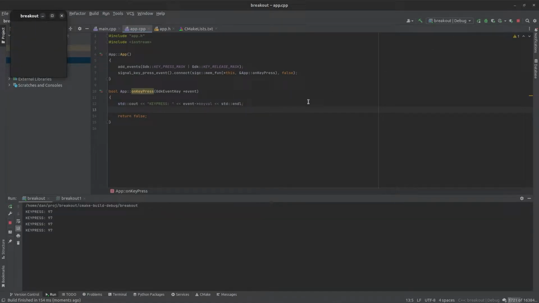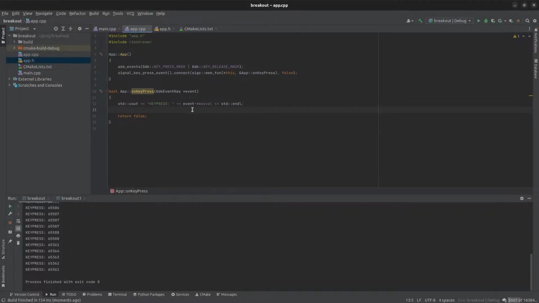So a lowercase a is a 97. A lowercase s is a 115. A capital S is an 83. And you get all the keys. So this is left shift, right shift, the left control, right control, the arrow keys, and so forth. You could go through and record all the numbers down for your keyboard, but that's already been done. So we can just add a switch statement